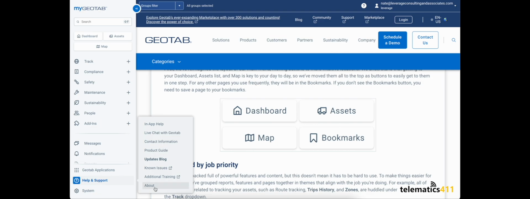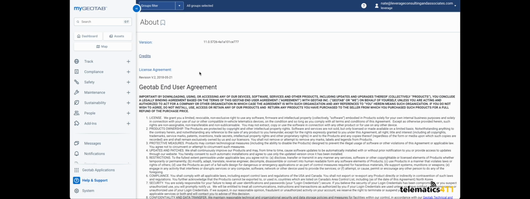And finally, this About section may be useful to you if you ever want to read Geotab's end-user agreement, or, probably a lot more likely, if you ever need to find your current database version to provide to your reseller or Geotab support. Another really useful resource for getting help within your database is the Geotab Community, which is listed